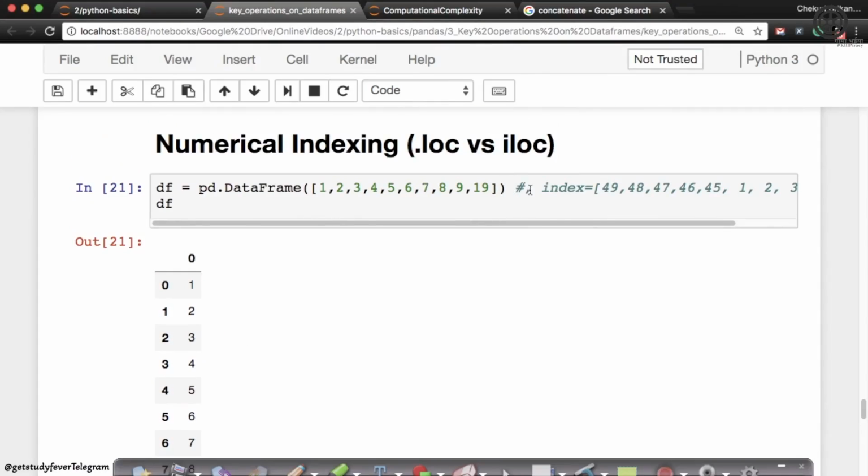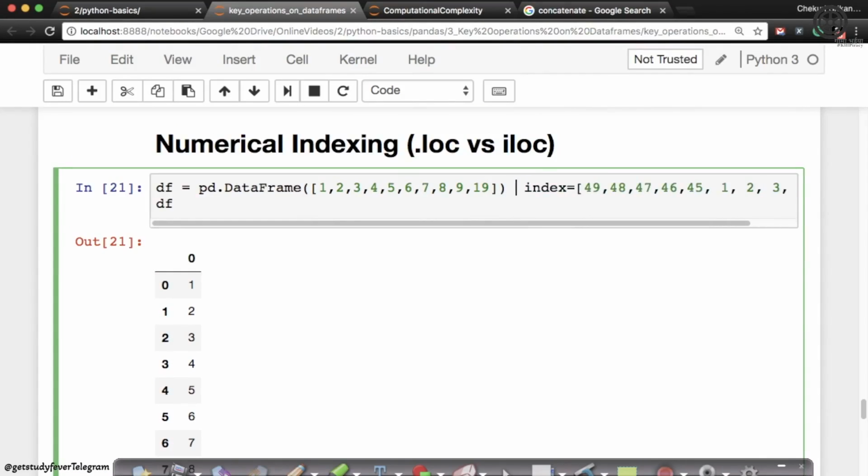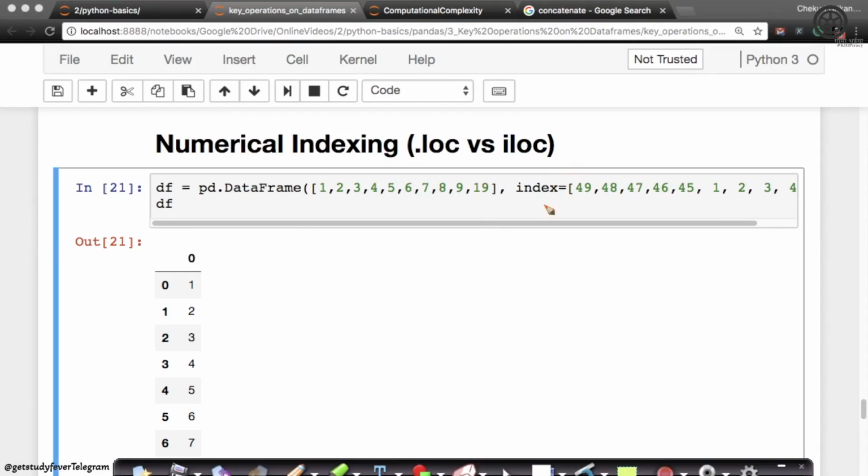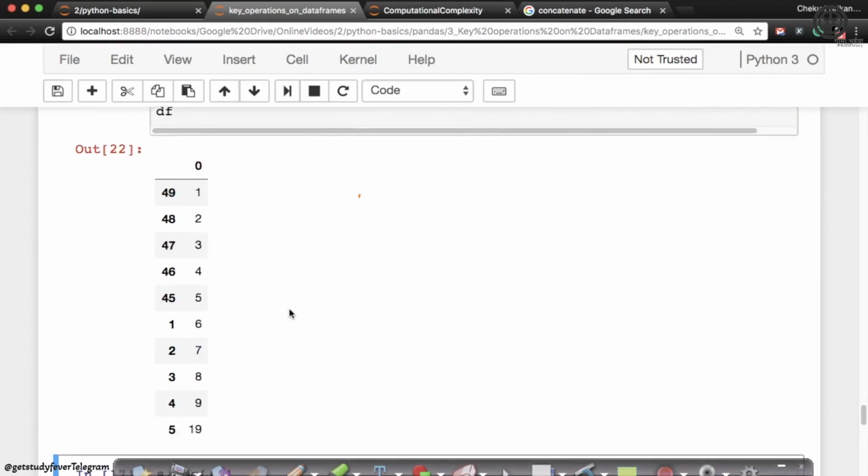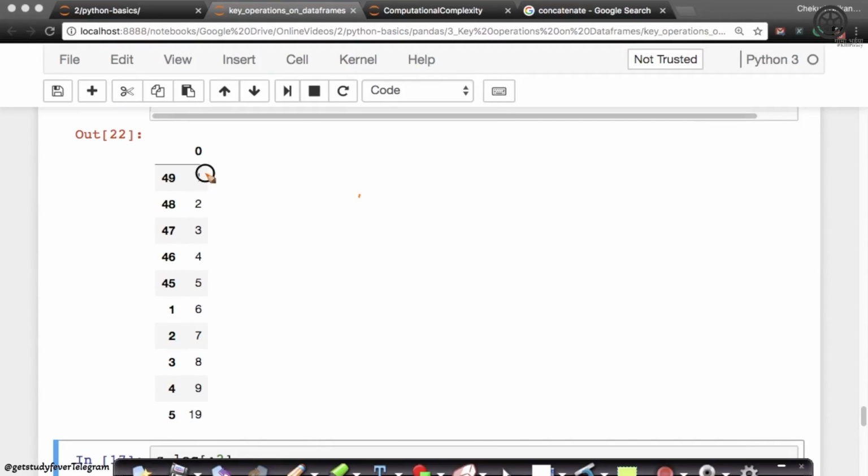Now, if I want to give my own indexing, because it has its own applications, we'll see that later when we see how indexes are very useful for some custom solutions. You can create your own index. You can say, I want the value 1 to be at index 49, I want 2 to be at index 48, I want 3 to be at index 47. Whatever index value you want to give, you can give that. Now let me run this command and see what it creates. Now it creates a data frame with this. These are the actual values of one column of data, and these are now your indices. I wanted 1 at index 49, and similarly 2 at index 48.